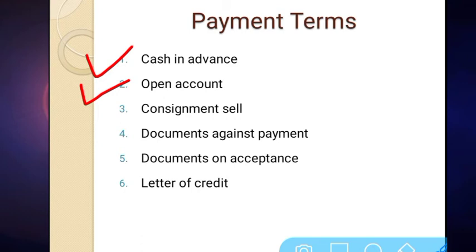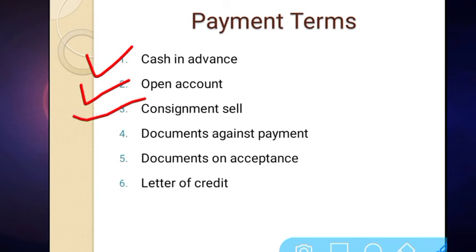From the seller's viewpoint, from the exporter's viewpoint, this method is the riskiest method in international business, as the seller does not have any backup or any proof for the export he has made, and hence in case the buyer becomes a defaulter, the seller has to lose all his money. Now method number 3,